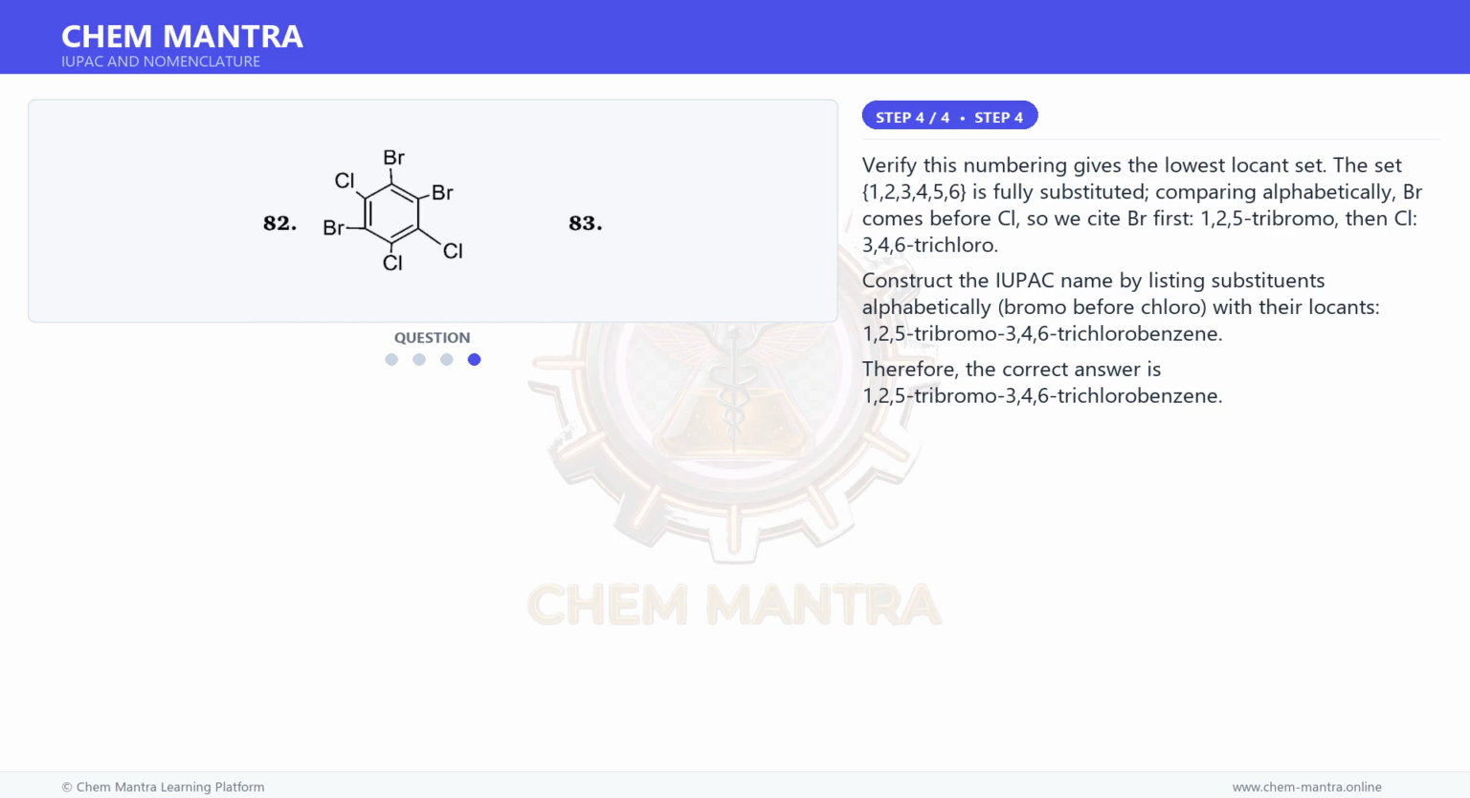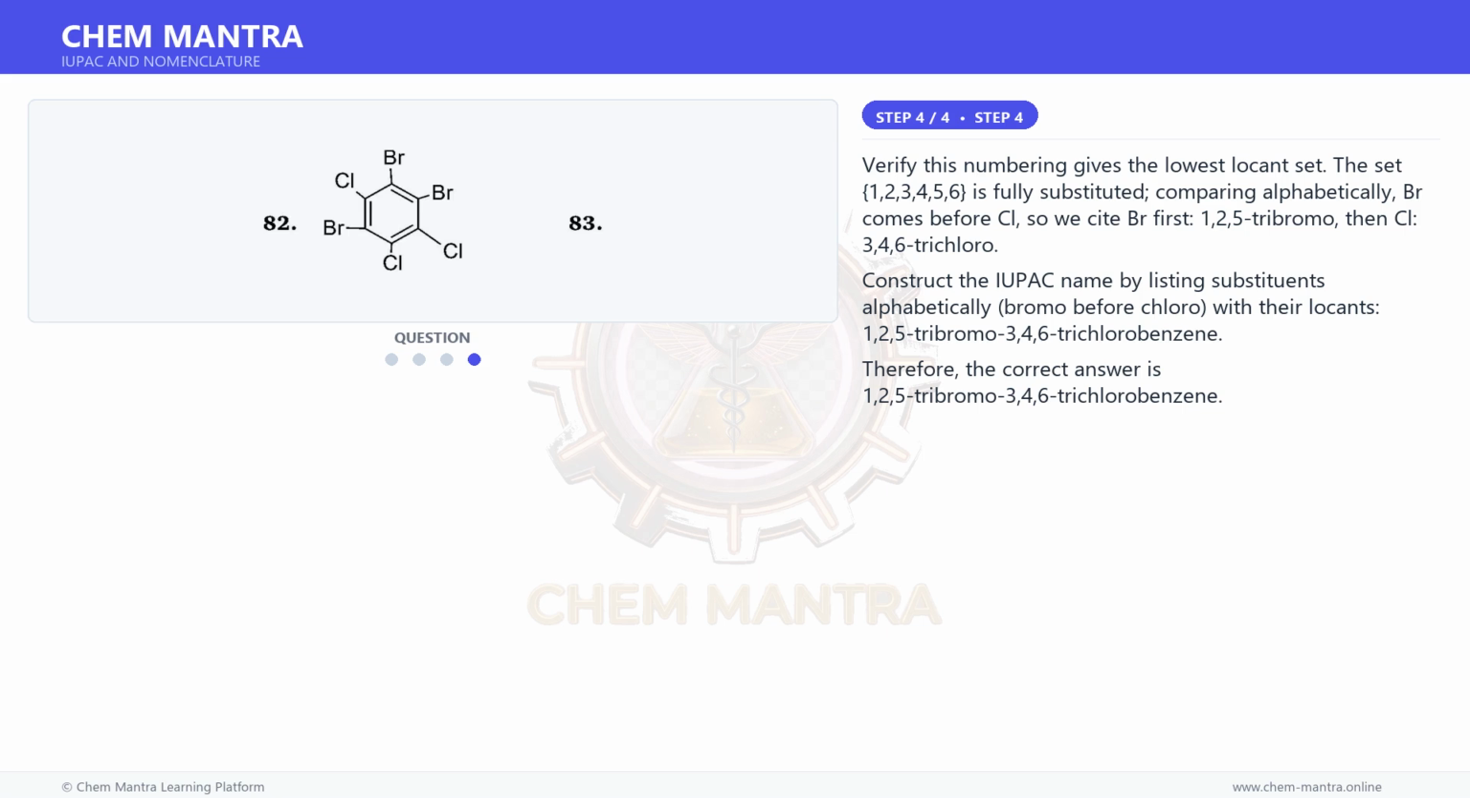And for the final step, verify this numbering gives the lowest locant set. The set 1, 2, 3, 4, 5, 6 is fully substituted. Comparing alphabetically, Br comes before Cl, so we cite Br first, 1, 2, 5, tribromo, then Cl, 3, 4, 6,